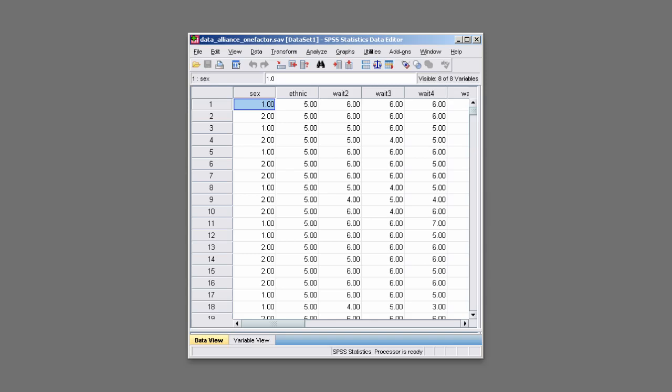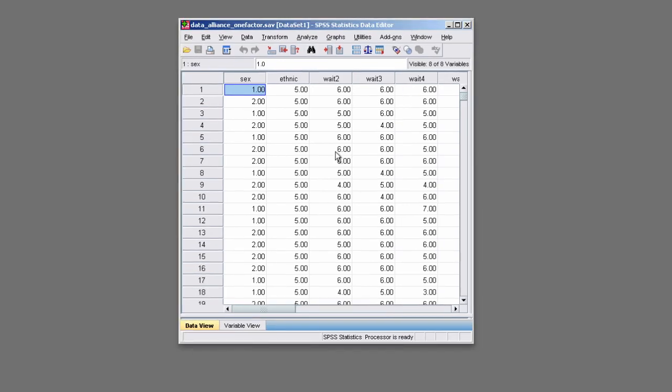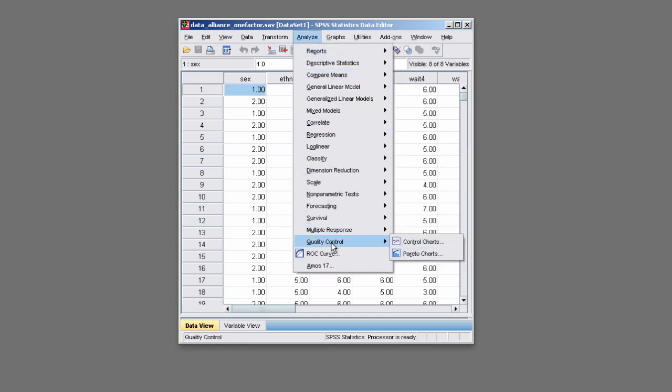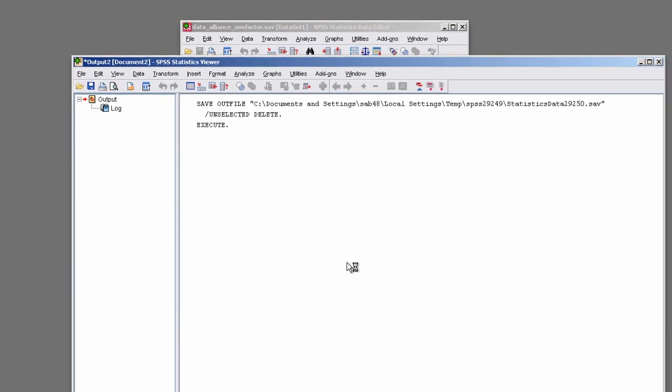The most common way of getting into Amos, at least here on the BYU campus, is to access it via SPSS. So in order to open Amos, you're going to open a data set in SPSS, just have it open, and then you go to the Analyze menu. And go down at the bottom of it, you'll see it says Amos, and I currently have Amos 17 installed, though the computers on campus may differ slightly. So you just click on Amos 17, and what that does